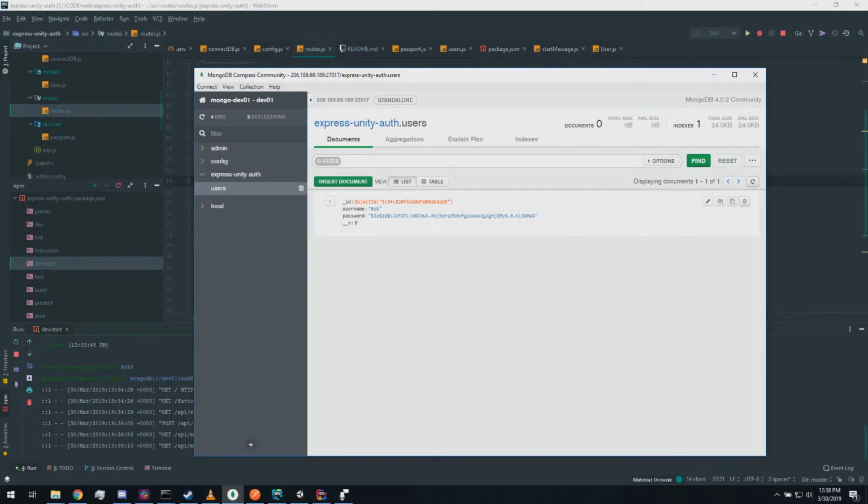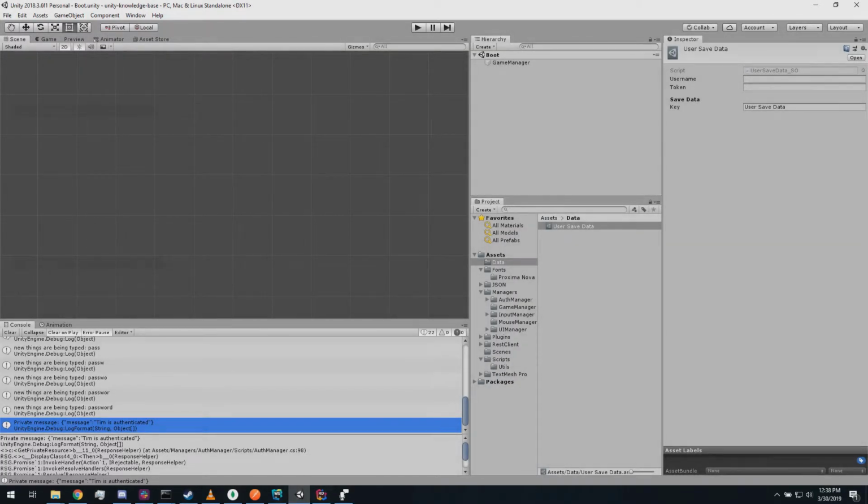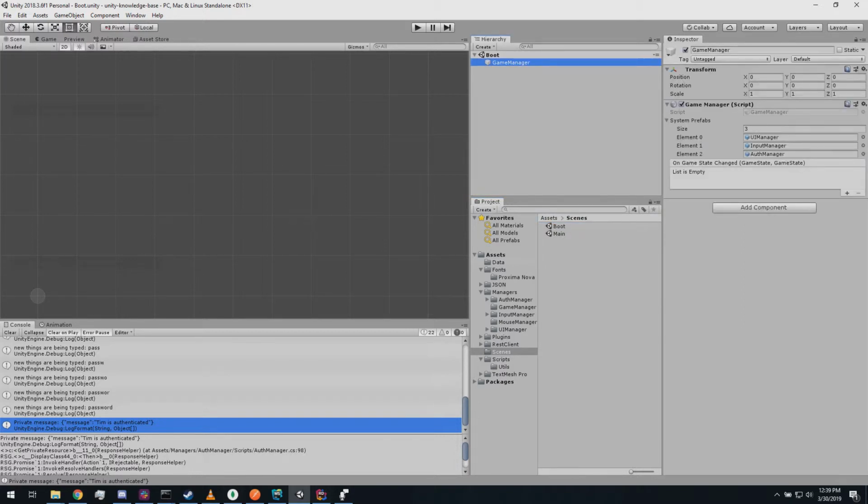First thing I'm going to do, I'm going to delete this, so we'll just start with a fresh database. We go over to our Unity app. Couple things to point out: when you first download the repo, you're going to go to Scenes and double click on Boot. So this is the boot scene. All it has is a game manager with a game manager script. Game manager script instantiates the UI manager, the input manager, and the auth manager. So when we hit play,